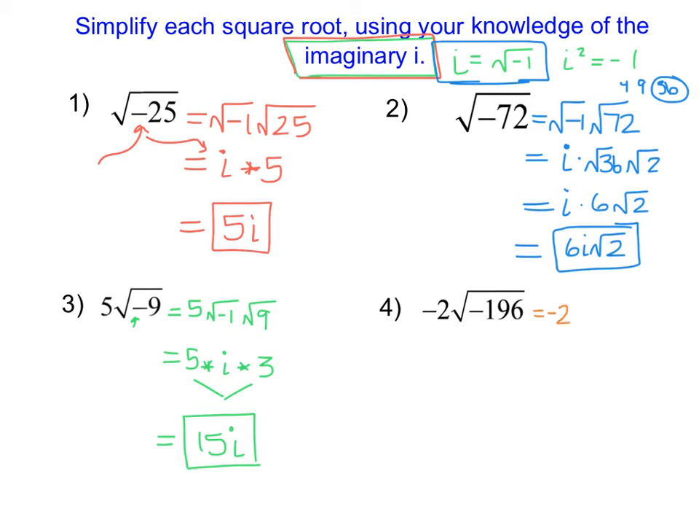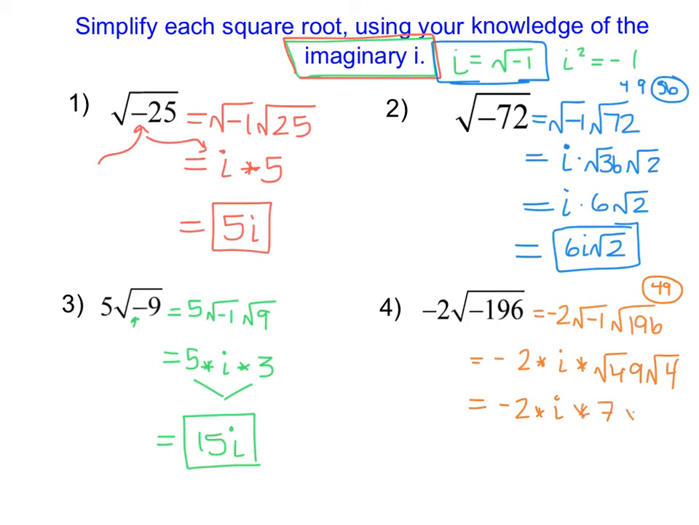And then the last one here, we have -2, and then I'm going to rewrite that root as the square root of -1 times 196. So this becomes -2 times the square root of -1, which is i, times, well, I look at 196 and I don't know if it's a perfect square, but I do know that it's divisible by the perfect square of 49. So I get the square root of 49 and then the square root of 4. And what I realize is both of those numbers underneath the roots are perfect squares, which tells me that we're going to have -2 times i times the square root of 49, which is 7, times the square root of